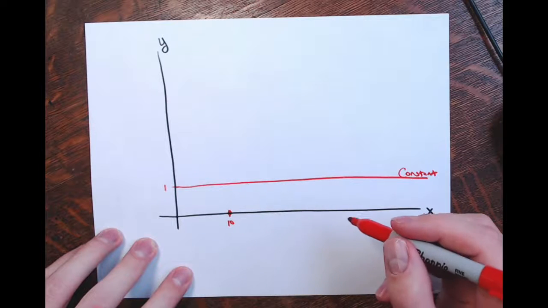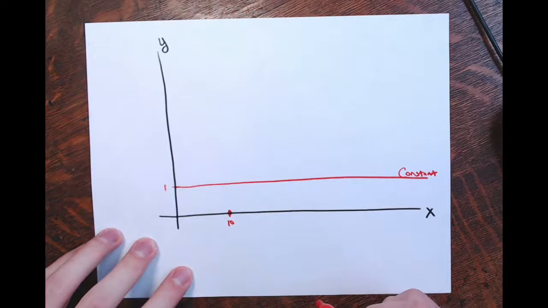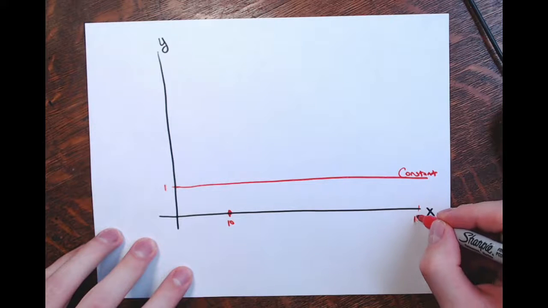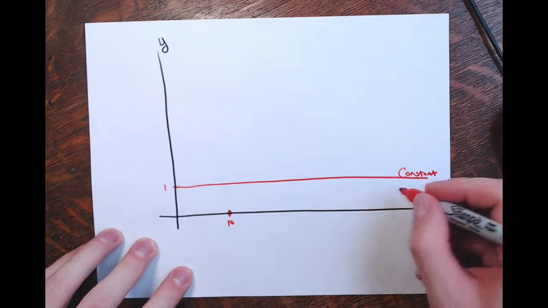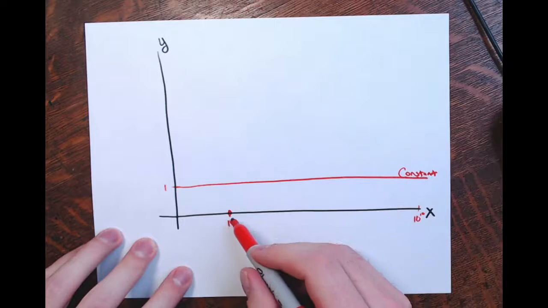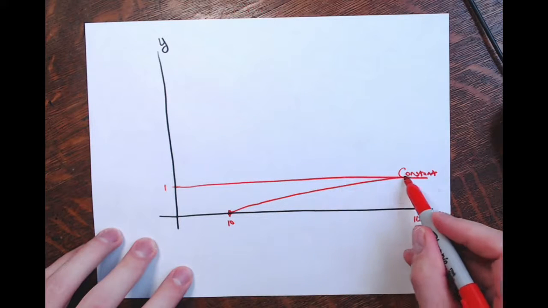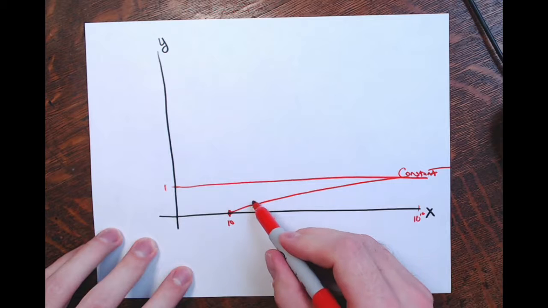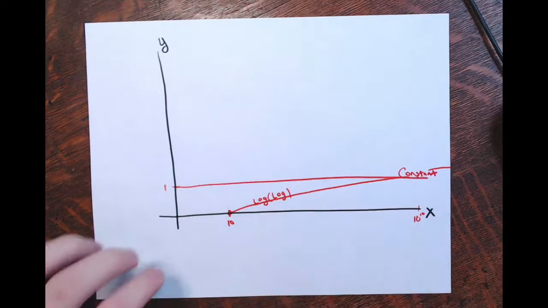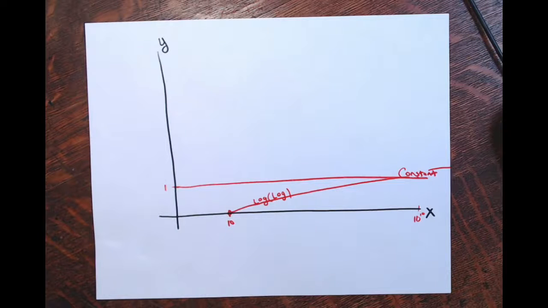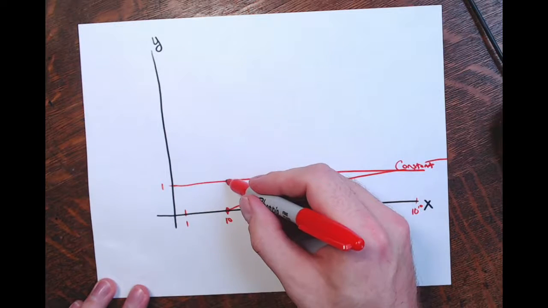And then you wouldn't get up to 1 until you got to 10 to the 10th power, which is way out there. You know, 10 to the 10th power, you'd get 1. So it's growing, but very, very slow. That's the log of the log. All right, log. Very, very slow. All right, and then logs themselves, just plain old log, you'd have 1, 0, 10,